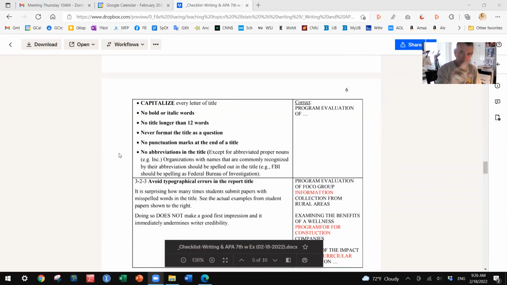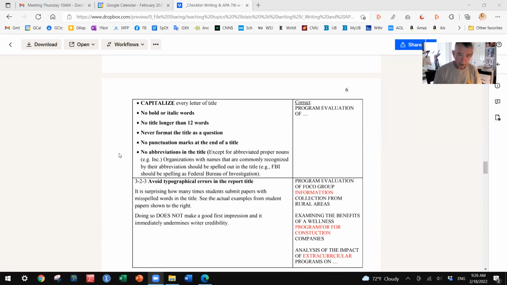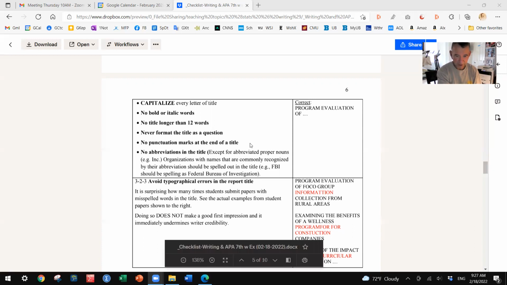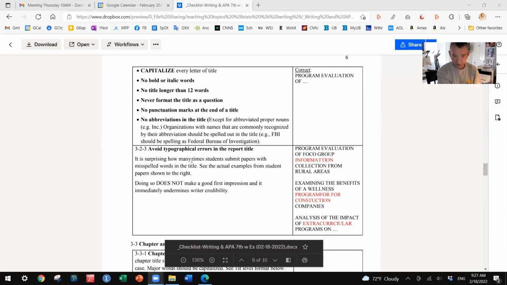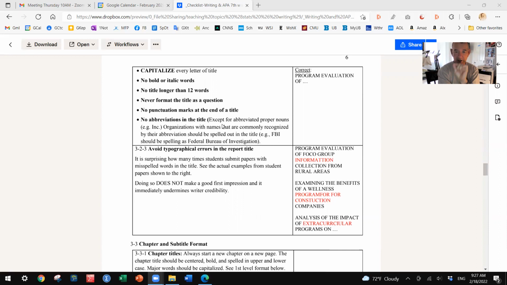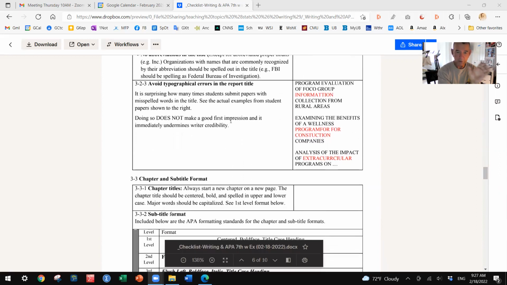The format of the title: capitalize every single letter, not just the first letter of the title. It's just a massively common problem that students don't capitalize the titles on the cover page. No bold words, no italic words, no title longer than 12 words, never format the title as a question, no punctuation marks at the end of the title, and no abbreviations in the title in general, unless it's a massively long organization name. Organization names that are commonly recognized can be abbreviated, like the FBI, whatever. In this case, it says spell it out, but if you had FBI in the title, it would be okay. But generally, in a formal sense, we like to spell out all abbreviations in a title,